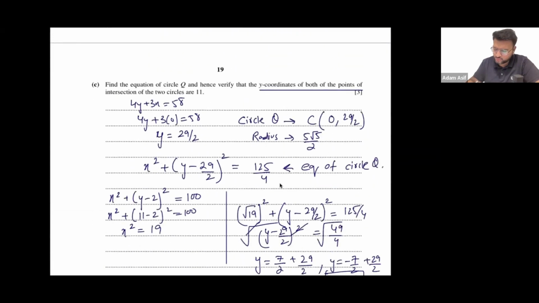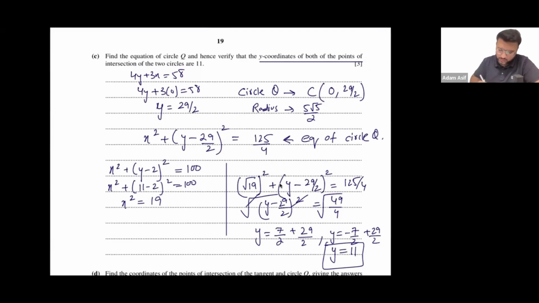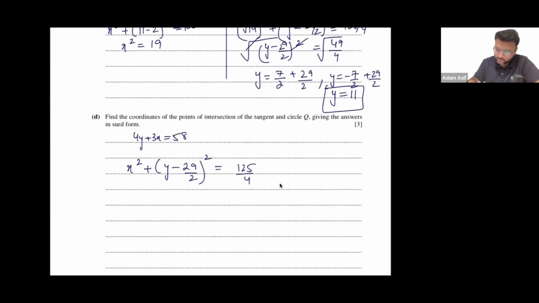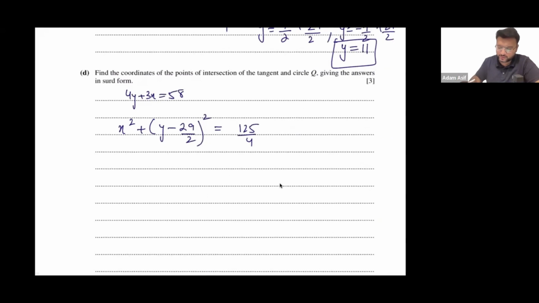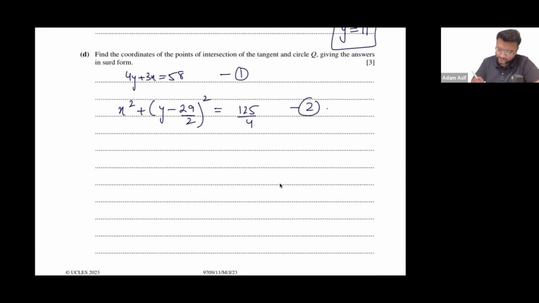4y प्लस 3x इक्वल्स टू 58, और आपके पास इक्वेशन ऑफ सर्कल Q आई थी, x स्क्वायर प्लस (y माइनस 29 अपॉन 2) स्क्वायर इक्वल्स टू 125 अपॉन 4। आपको इन दोनों इक्वेशंस को साइमल्टेनियसली सॉल्व करना है। इक्वेशन 1, इक्वेशन 2, लेट्स सॉल्व देम साइमल्टेनियसली, ठीक है। पहली इक्वेशन में से इफ यू मेक y द सब्जेक्ट, आपके पास आएगा -3x प्लस 29 अपॉन 2,